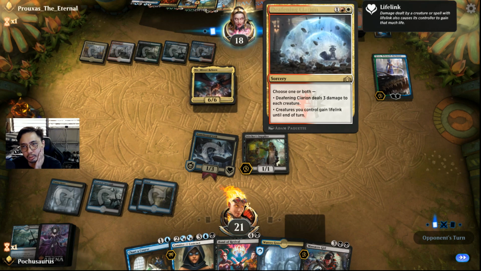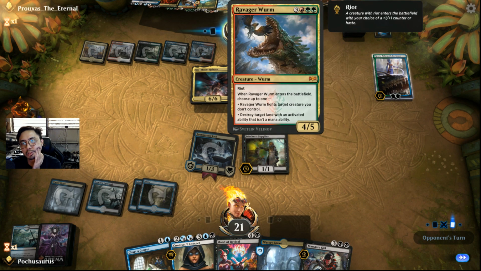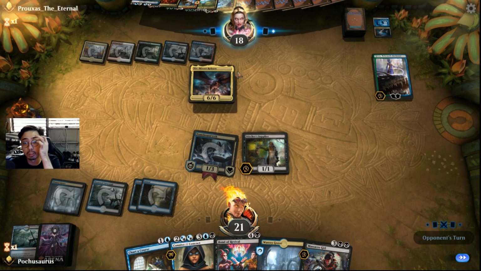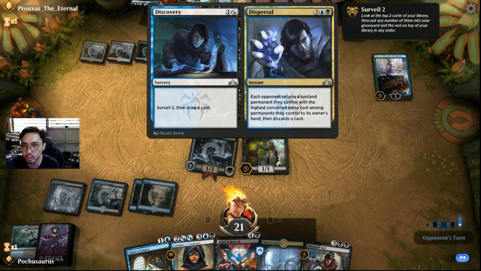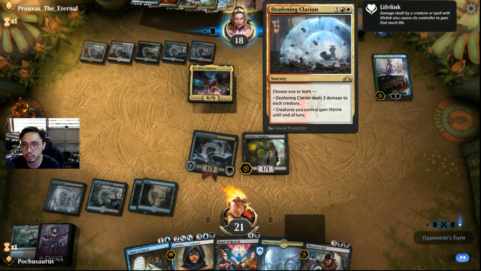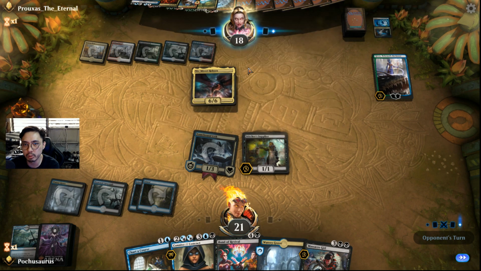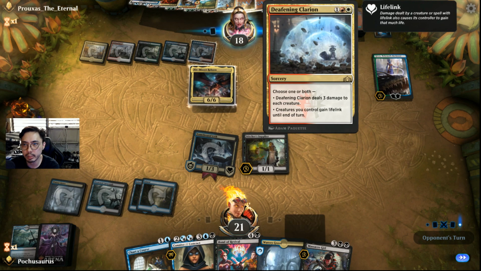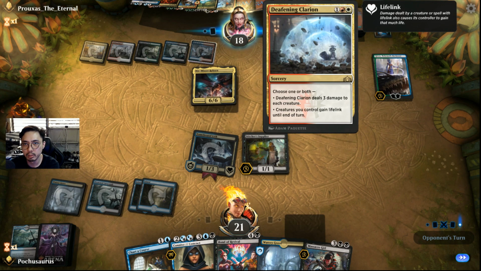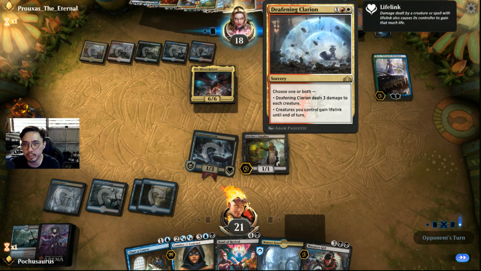What's he got? So he's got Casualties of War, Deafening Clarion, Ravager Worm. Does he have anything that can... Okay, he has Ravager Worm. He has Dispersal. Which most likely, if I take something from him, he's going to use Dispersal. He has the 5. He has Deafening Clarion. Oh boy. He does have a bit of... He has a lot of, like, counters. Not a lot of,